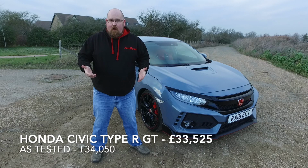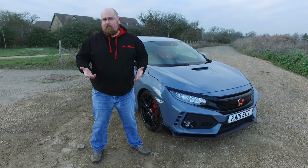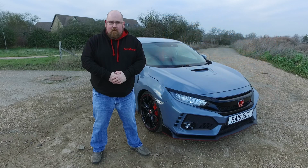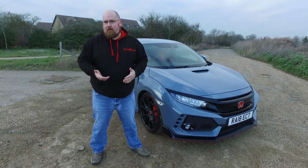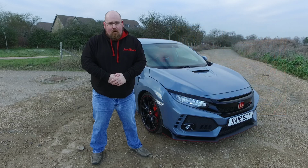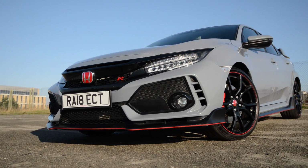When it comes to styling your hot hatch, there's 3 ways you can go about it. You can make the car look ultra conservative, so only avid petrol heads know about the power that's lying within, like a car such as the Volkswagen Golf R. You can go a little bit up in the middle, where you've got a car that looks quite conservative but sporty at the same time, like the new Renault Megane RS or even the Hyundai i30N. Or finally, you can go all out and make your car look as mad as a bag of cats